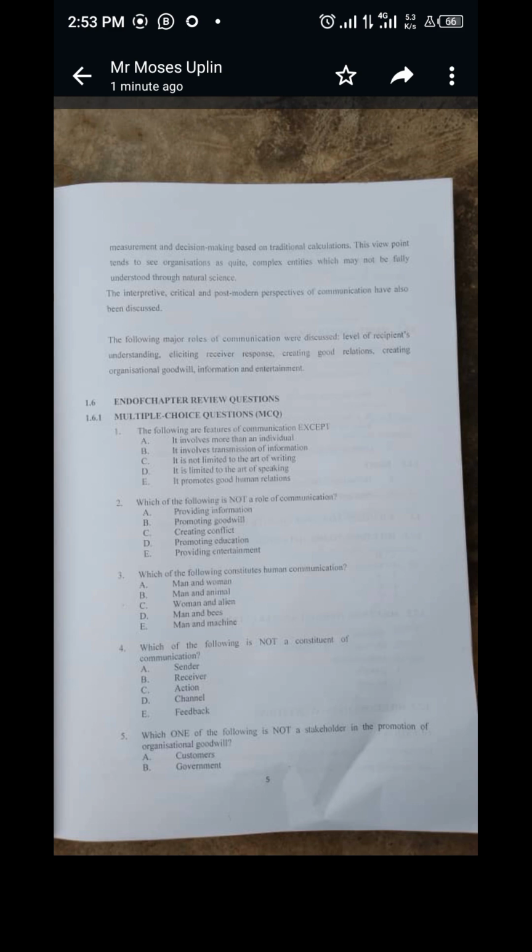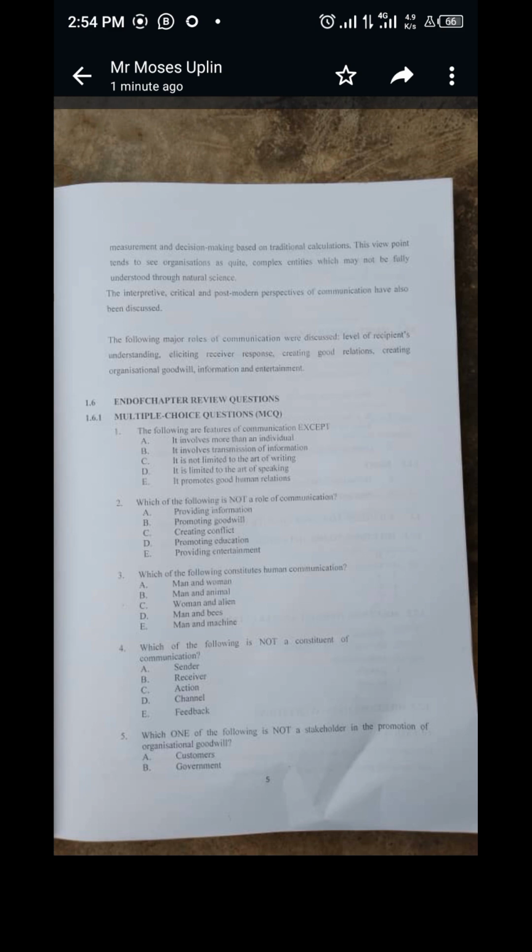C, they say action. I don't understand what they mean by action. Maybe you are trying to define verb. I don't know anything about that C. But D says channel. The process of communicating from the sender to the receiver is called channel, so it's part of it. E says feedback. Feedback is what we talked about the other time, like response. You won't just talk, they need to give you a reply. So it too is part of it. So the odd one is action. Am I right? Yes, ma. So our answer is action.